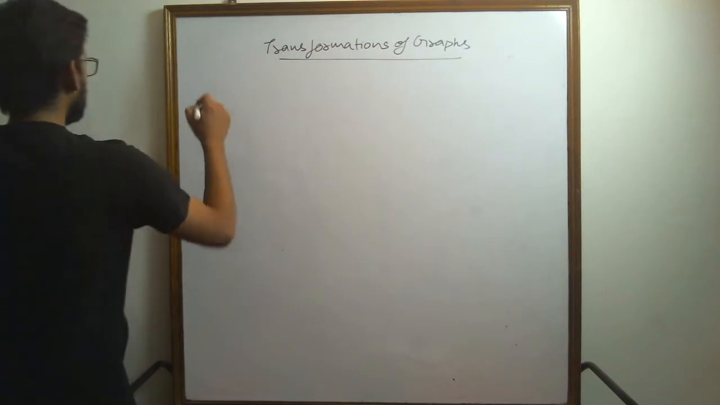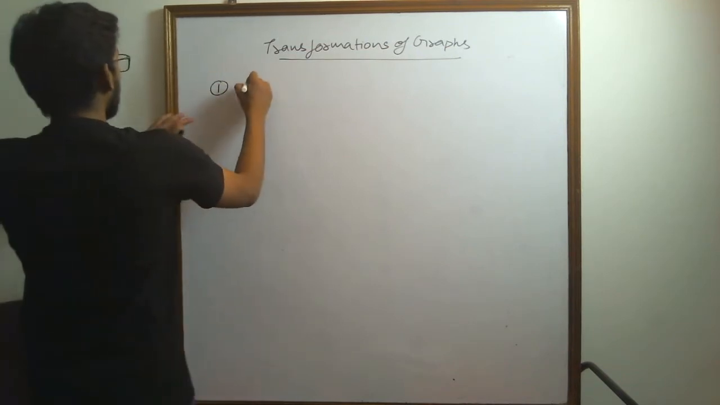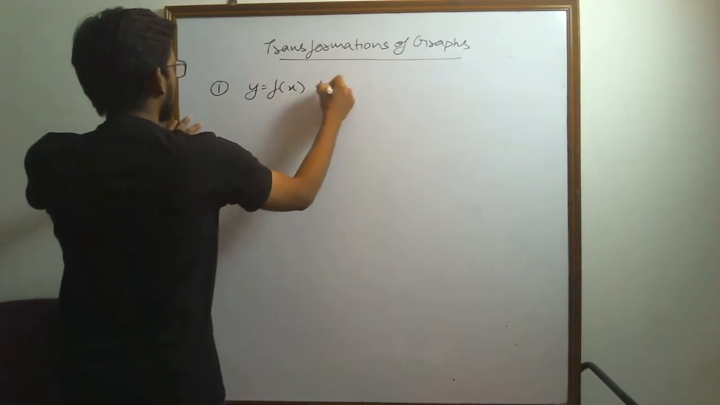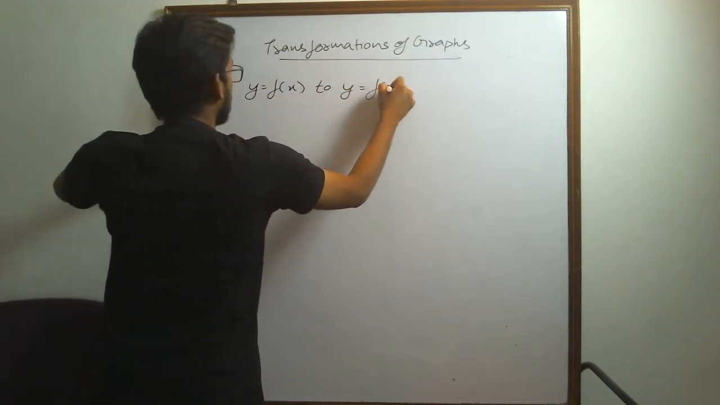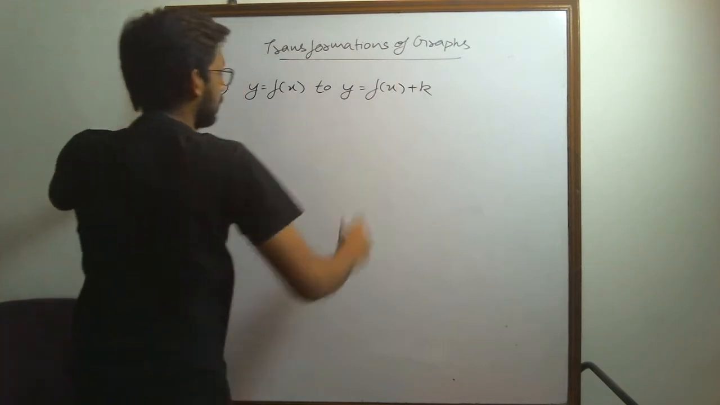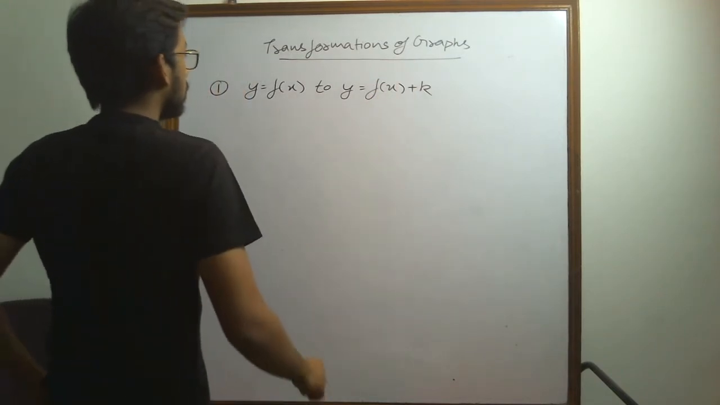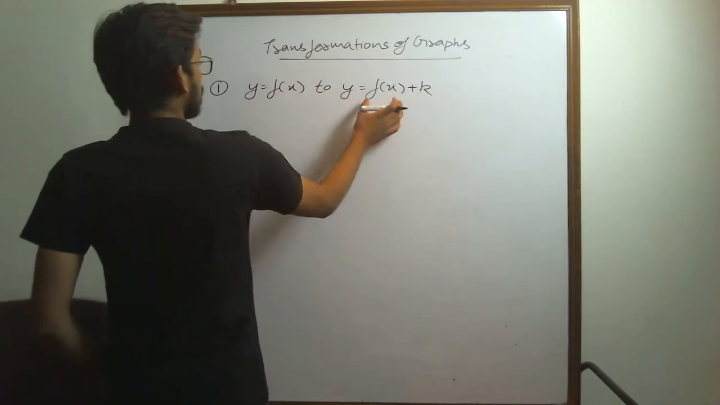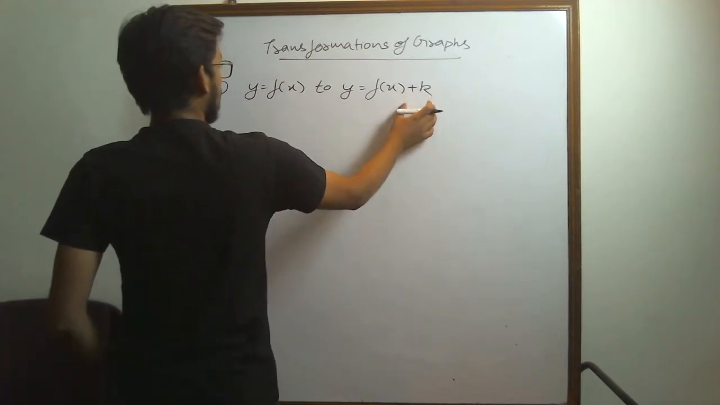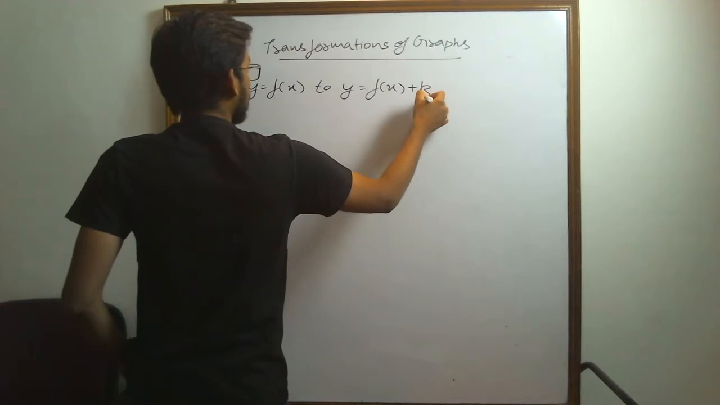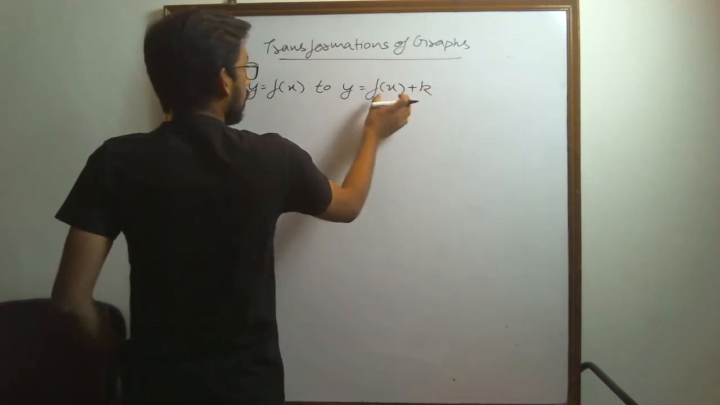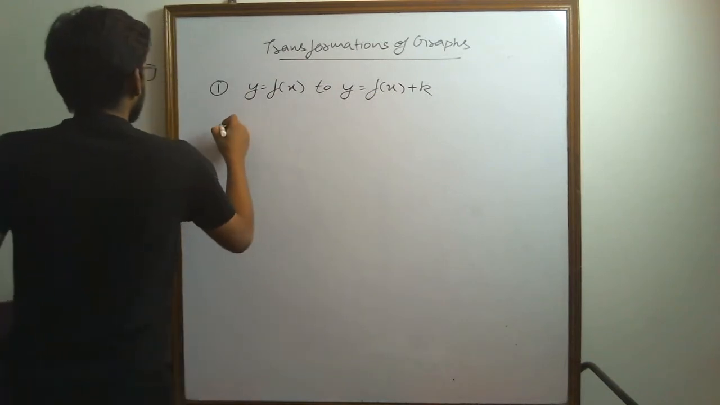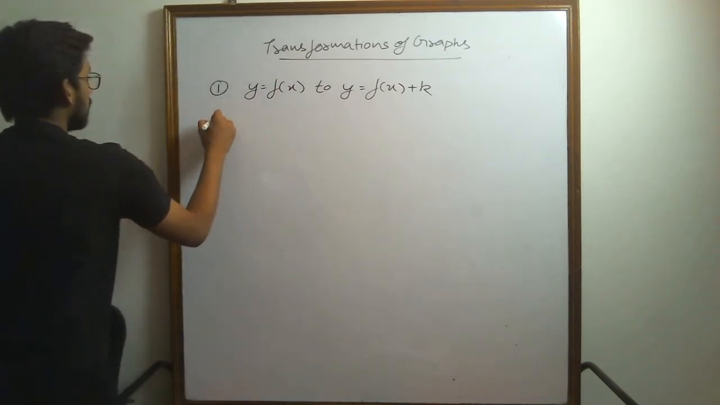So let's start. First one, y is equal to f of x to y is equal to f of x plus k. First transformation. What we are doing here is we are transforming y is equal to f of x to this y is equal to f of x plus k. That means we are adding a constant k to the whole function. This is the transformation, and the transformation that we do for this is we